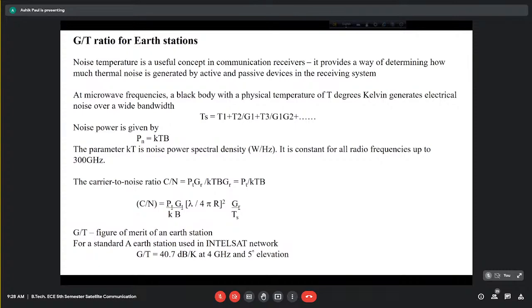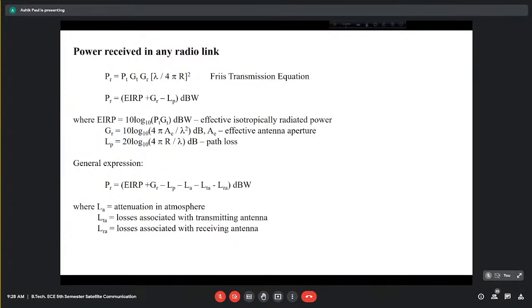That means in this earlier expression, we were trying to understand that in Friis transmission equation, this PT was not within the control of the user, the receiver, so also the GT, because these are designed and controlled by the corresponding organization which has launched that satellite, designed that satellite. Lambda, that is the frequency or wavelength at which the transmission takes place, is also fixed, and the distance of that satellite from the receiver is also fixed.